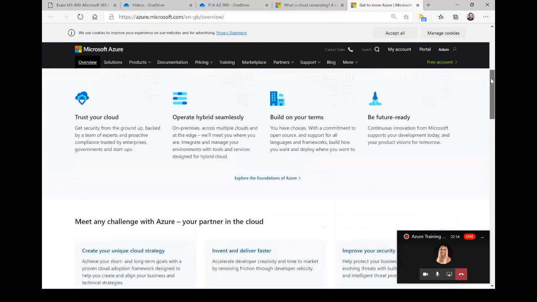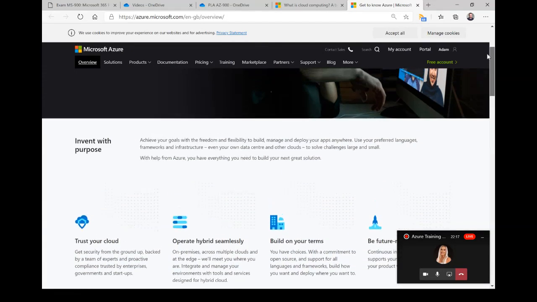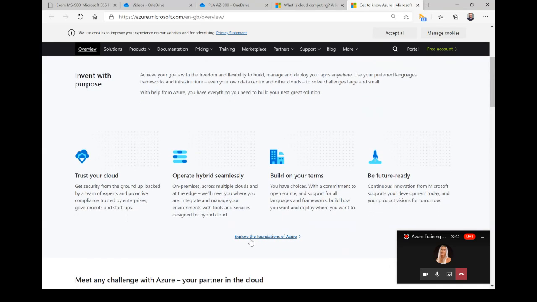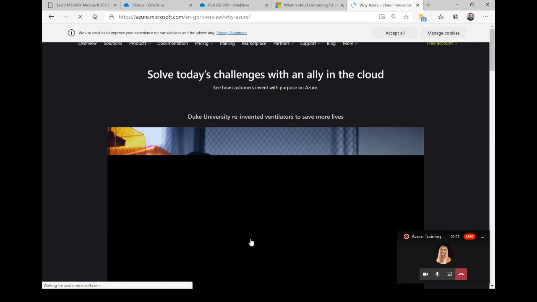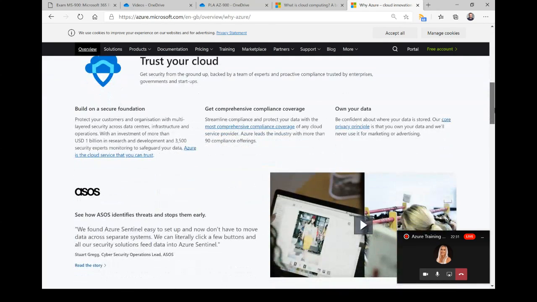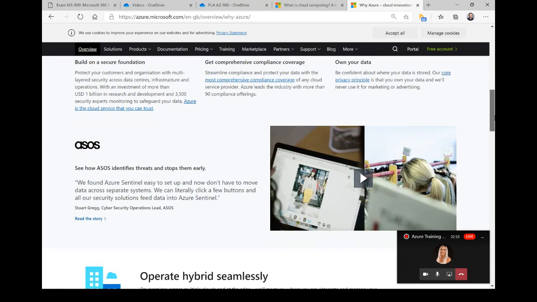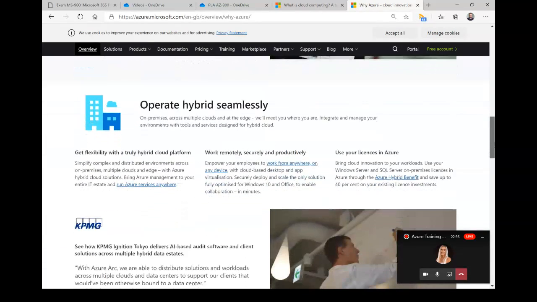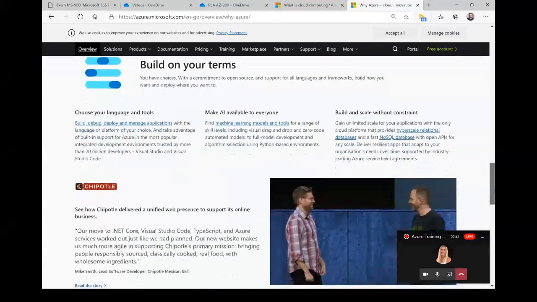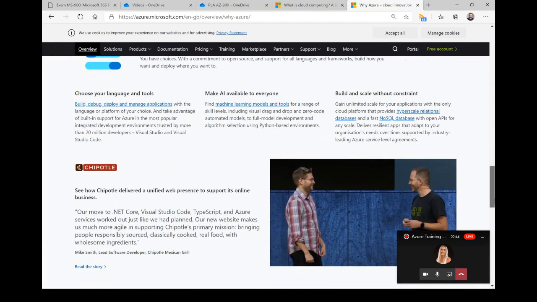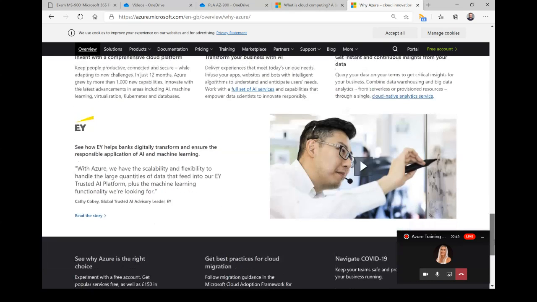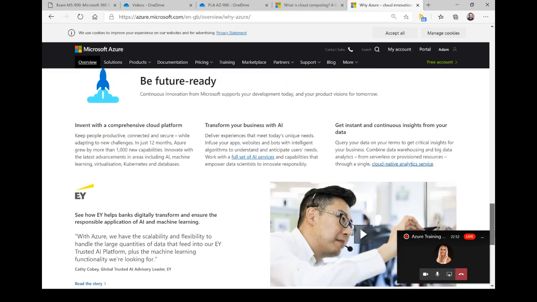Again, just another Microsoft official link here, which shows you what you can do with the Azure portal. It shows you some of the features. For example, there's this great thing where you can click explain the foundations of Azure. And there's been a lot around COVID-19 with Azure at the moment. And again, you can store things in it. You can operate a hybrid cloud. There's just lots of brilliant features from using Microsoft's cloud platform, including things such as AI, programming. You could list it for absolutely hours. And I just thought I'd show this as a nice introductory piece of content and show what you can do